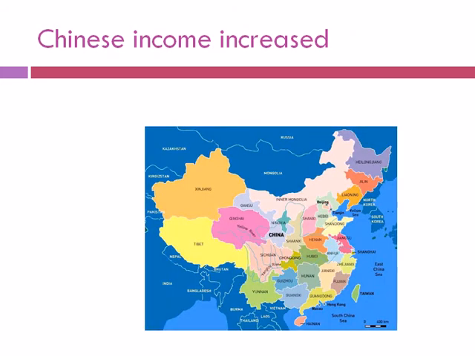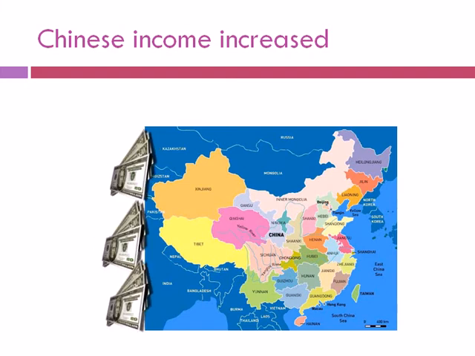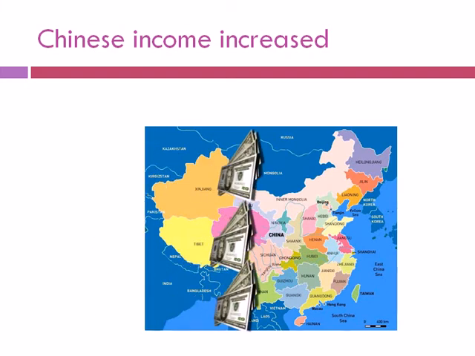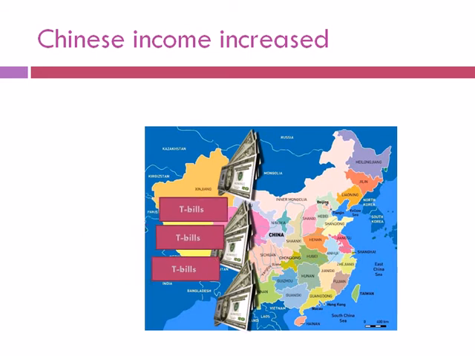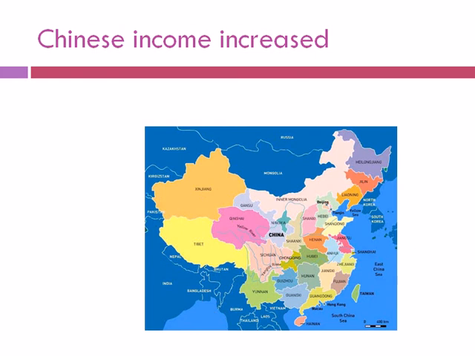The latter situation was what was happening in China on a much larger scale. Because Americans were buying so many Chinese imports, the Chinese government needed to purchase a lot of dollars and dollar-denominated assets such as treasury bills to maintain the exchange rate. And since China's trade surplus with the United States was growing, income in China began to rise.